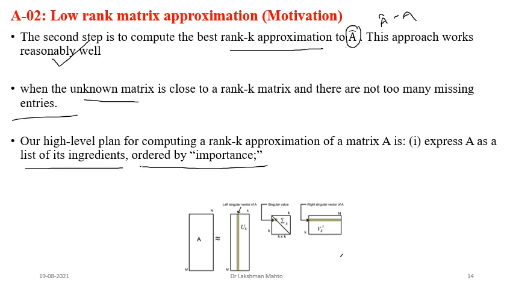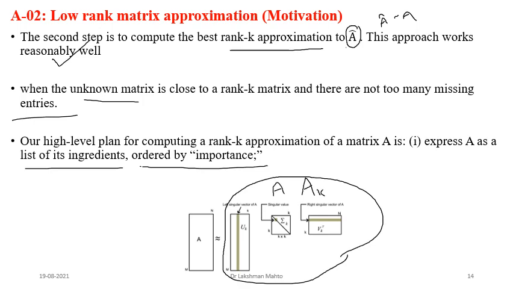So this is one approximation, and I had already given a graphical picture here. We just need to take only k left singular vectors, k singular values, and k right singular vectors, and then we get an approximation. On the right hand side we can denote it by Ak. This matrix is Ak, and this matrix is U, and you are talking about approximating A by the Ak approximation. And we also know about the error.